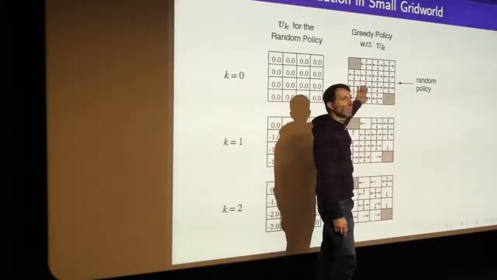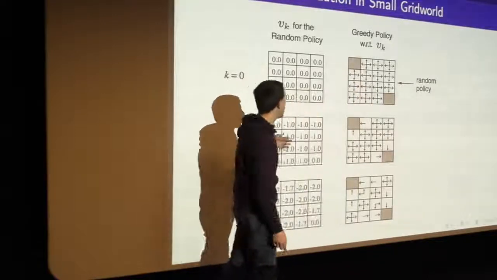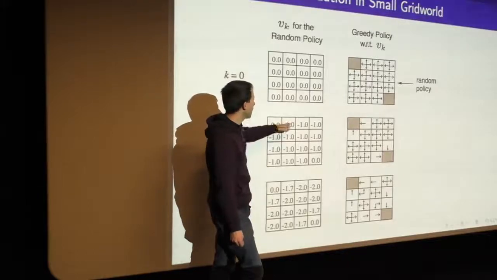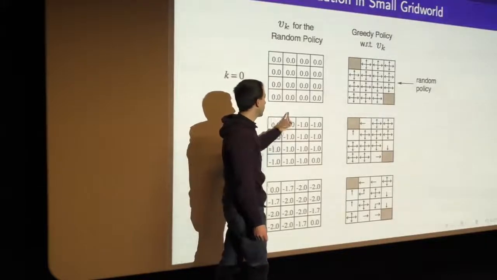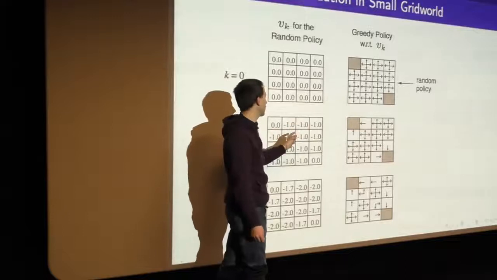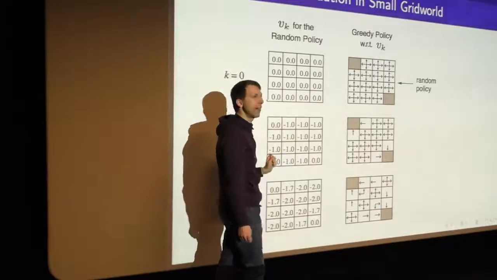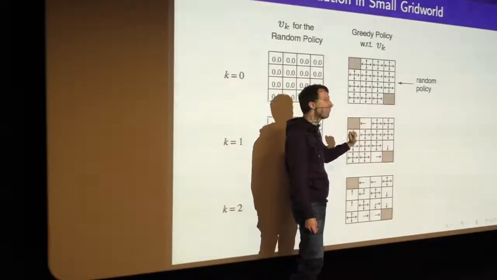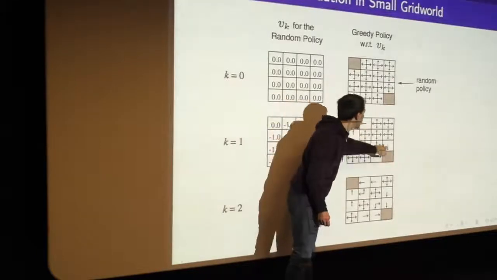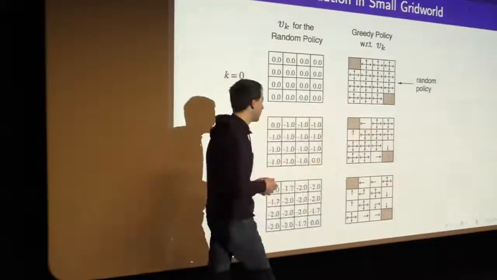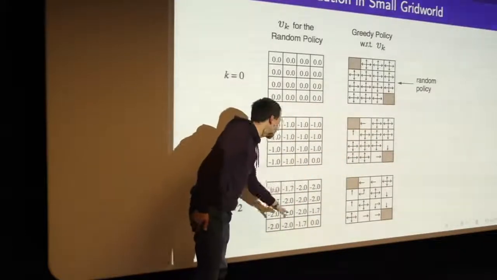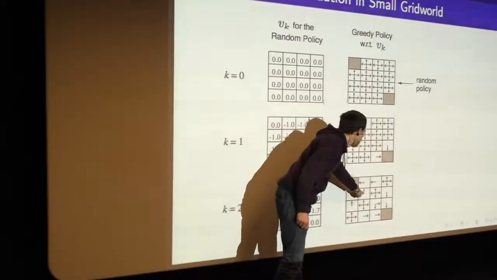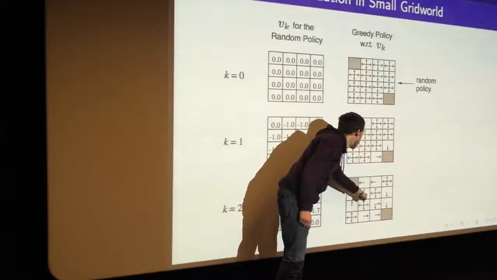So we start off with a random policy, but after one iteration, we're already doing something non-random. Say, if we're in this state here, for example, we can see that going north, east, or south has a value of -1, but going west has a value of 0. So we prefer to go west here. And so we can start to see that we start to fill in more reasonable values. If we were to behave greedily with respect to this, we can see that we start to do a little bit better. Now, 2 steps ahead, we've got this behavior where we know to either go north or west,